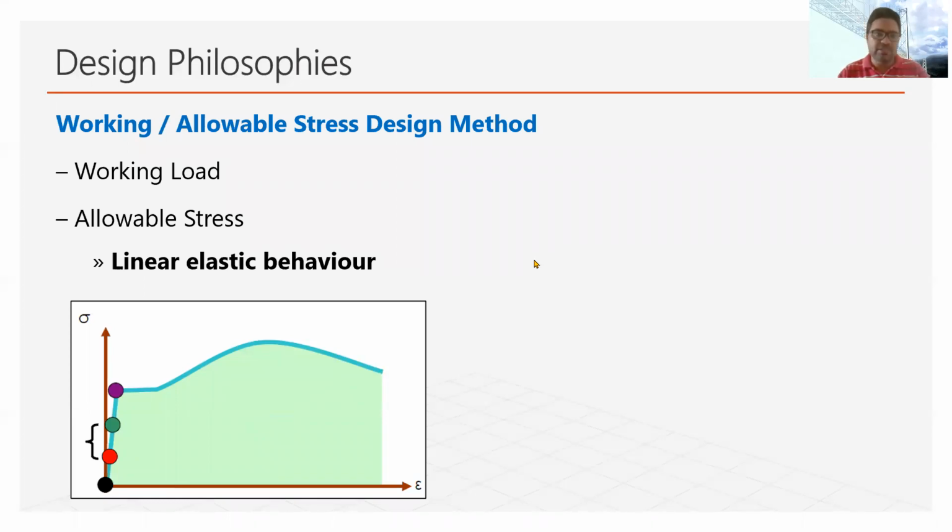And first of all, I will say that this curve that you are seeing is basically the stress strain curve of mild steel. After the development of linear elastic theory in the 19th century, the property or the strength of mild steel and wrought iron was accurately represented using the stress strain curve. And after that, this method, working stress or allowable stress, as I said, is a traditional method. So this was the first method which was used to design structures.